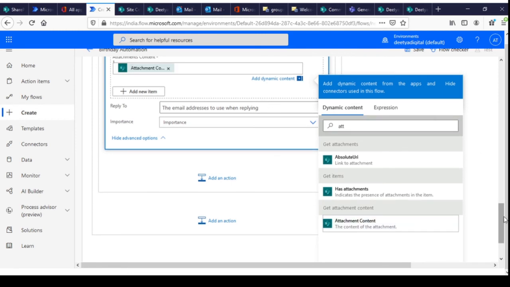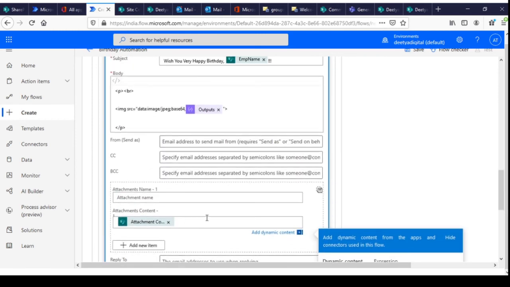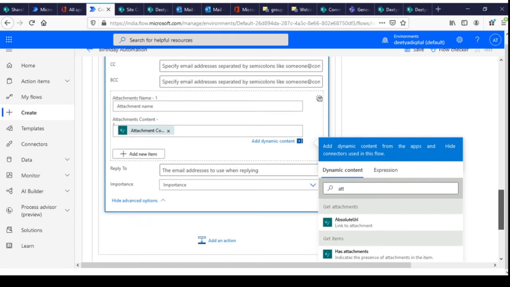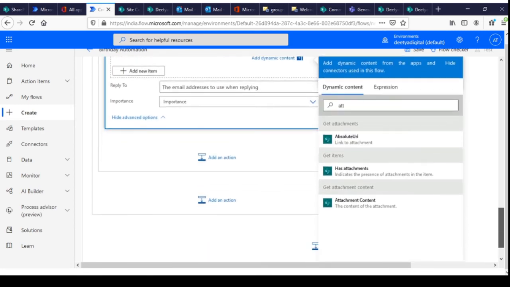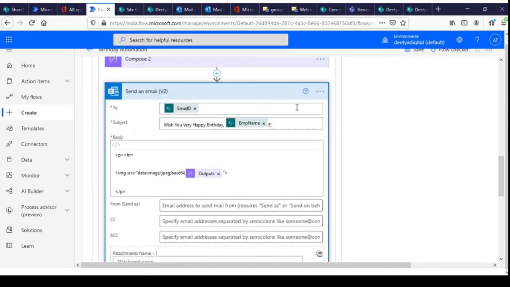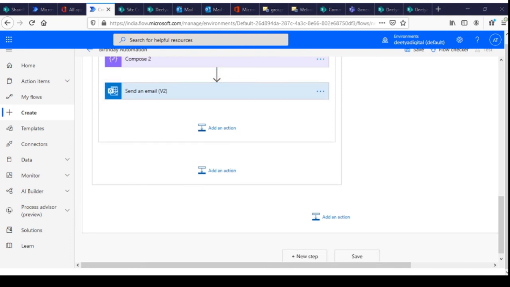You need to, this record loop, we need to put the attachment content in the attachment content option here, so that it will call the attachment and the content of that attachment. That's it. So we did set up the send email v2 option.